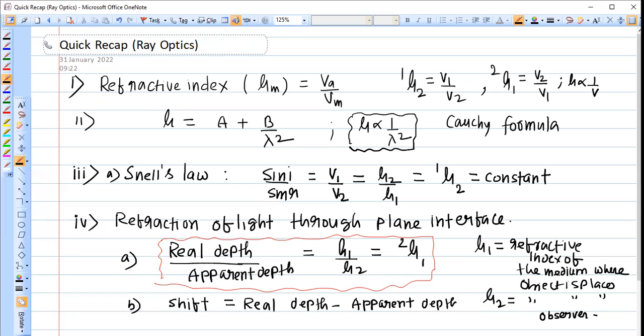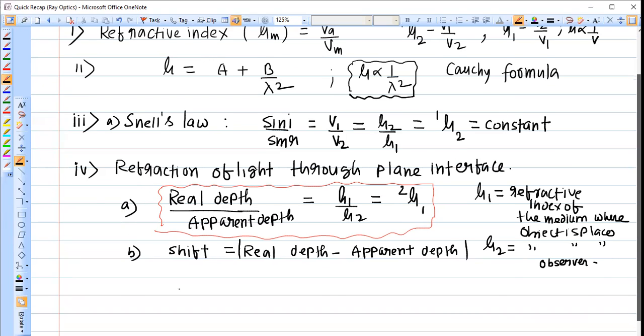I have already explained this with the help of the ray diagram. So you can take the mod sum: real depth minus apparent depth, that will give you the shift in the position of the object. Now next we will see the refraction of light, or we have already seen basically the refraction of light